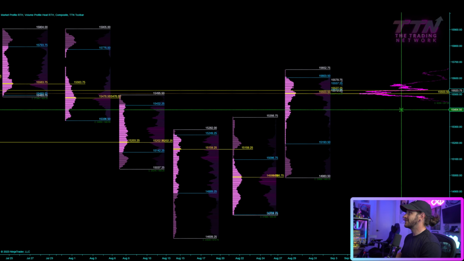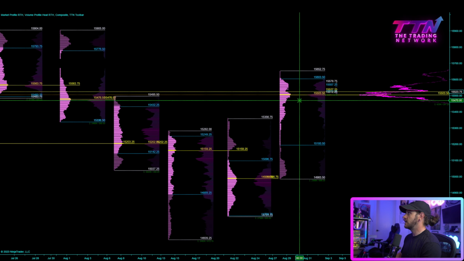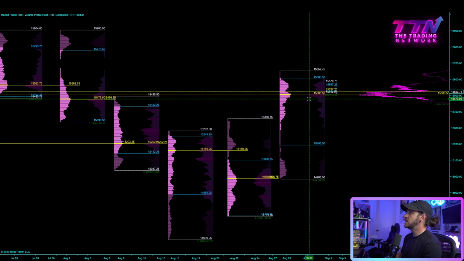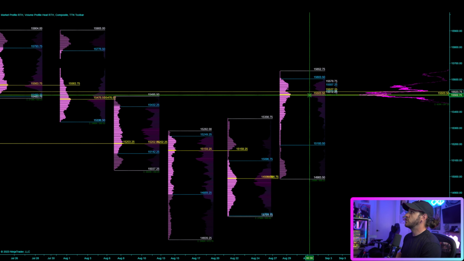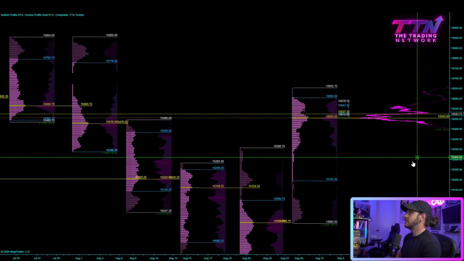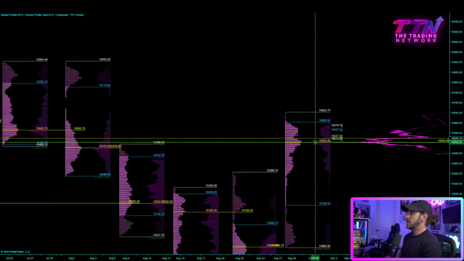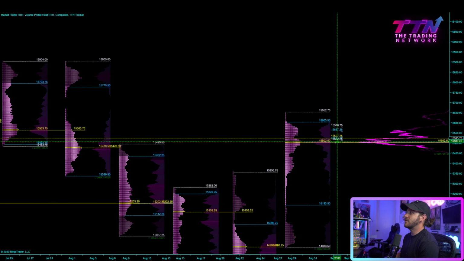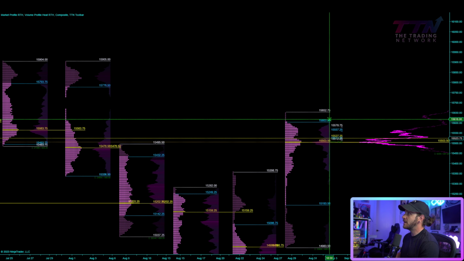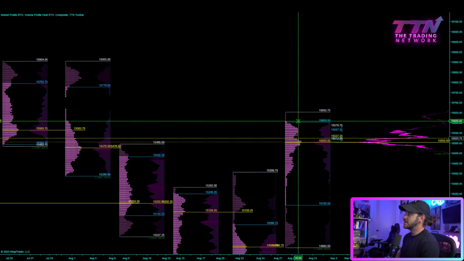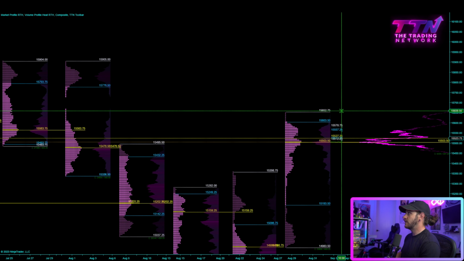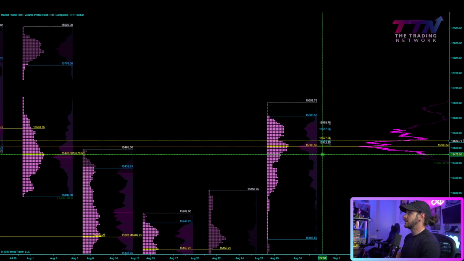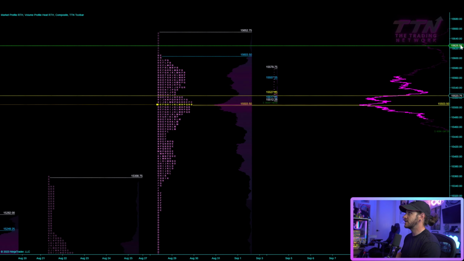For those of you guys less familiar with market profile and what a point of control means, that means that this is where price spent the most time and it also spent the most volume. So that is a very important price level. And generally speaking, I would say on a higher time frame, if we can hold above 15.5K, very likely to get a test of last week's value area high at 15.6K. And you can see last week's regular trading hours high is at 15,652, where we have actually a selling tail.